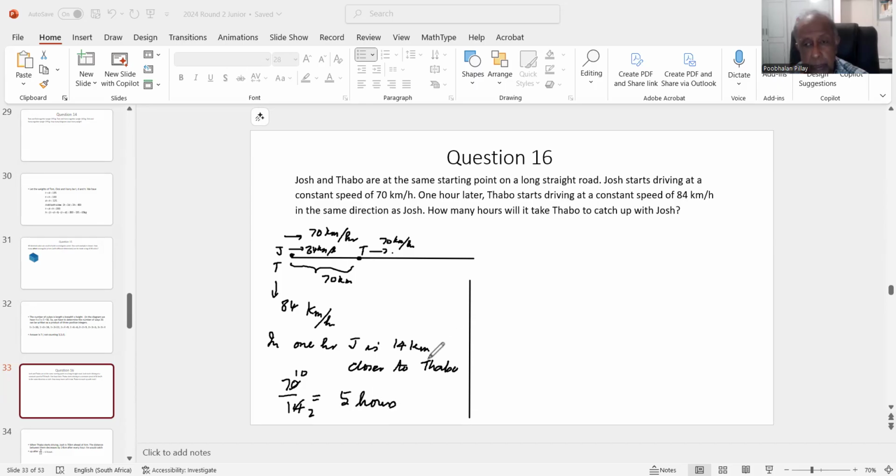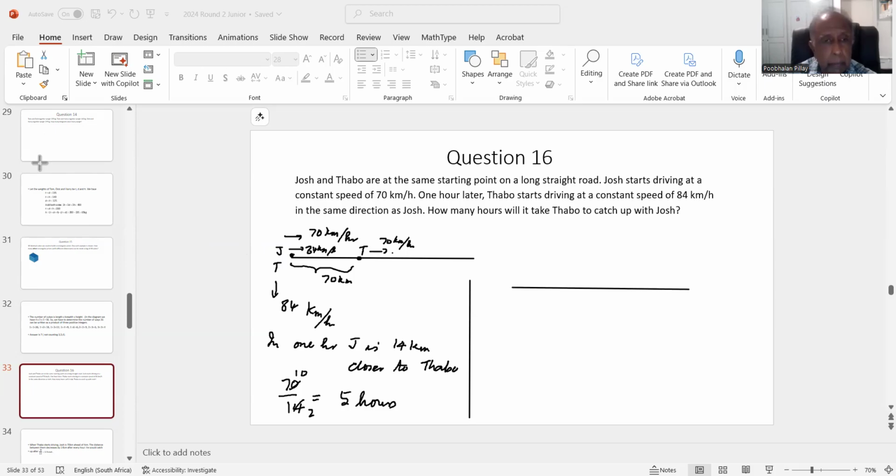Now remember, this is hours, because we are saying in 1 hour, he'll be 14 kilometers closer. So in 5 hours, it'll be 5 times 14. He'll catch up that distance. Okay, so that is using pure logic. You can solve that problem, but you could have solved it just using mathematics, like this,